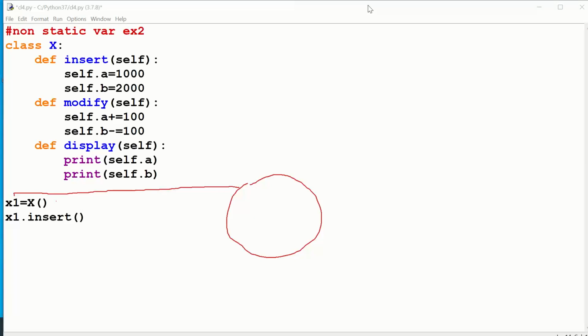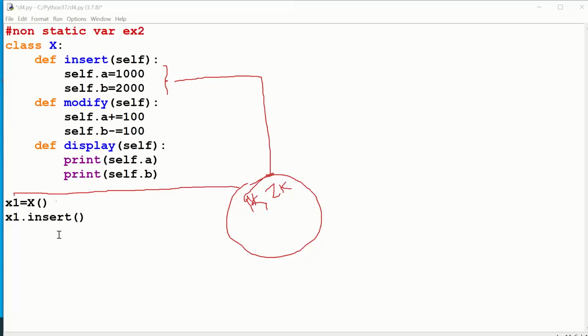The impact of insert is that these two values come and sit in the object. So you now have a and b, 1k comma 2k. Okay, 1k and 2k values are there in your first object.